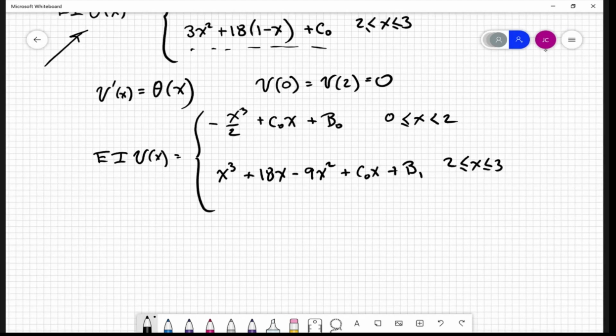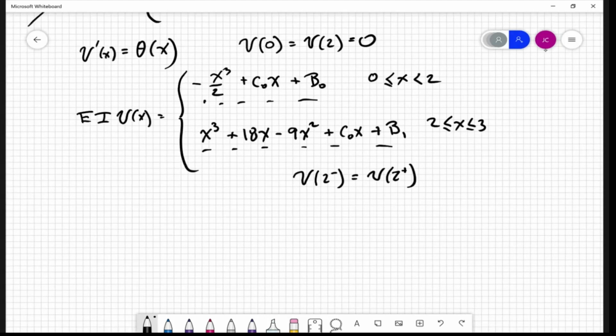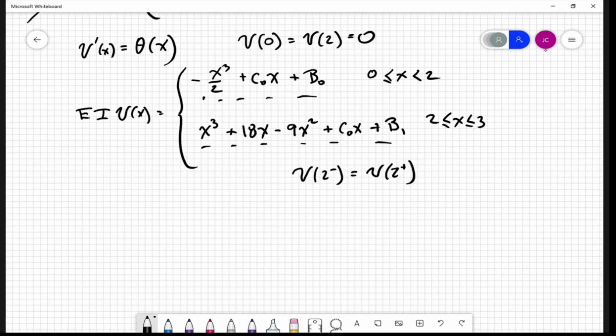So we know that at x equal to 2, V has to be continuous, right? So the same deal. When we evaluate either this equation or this equation at x equal 2, we have to get the same answer, right? So let's look at that first. So minus 3x minus x cubed over 2 at 2 is 8, 4. So that's minus 4 plus 2C0 plus B0 has to equal